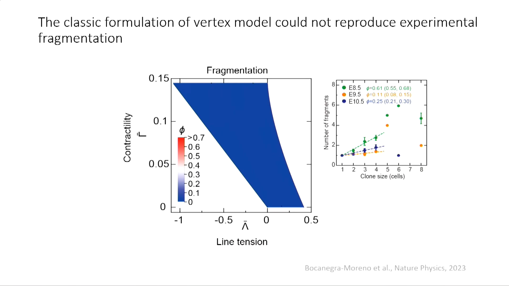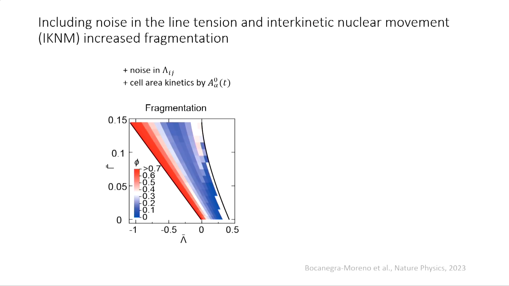And then when I did the simulation, basically I saw that there is no fragmentation. It's not even close to this fragmentation index that we observe here. So of course something was missing. And then one thing that we added to increase this fragmentation, the question was what are the factors that increase this fragmentation, and I'm telling you the story that is already finished, published. So I knew what that was, but it took a bit to really figure out what are the missing parts here. So one thing is the noise, which yes,